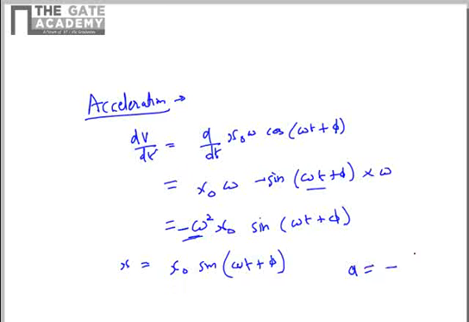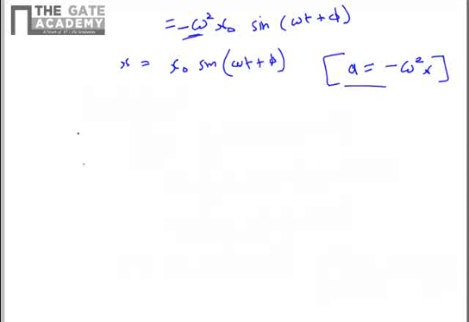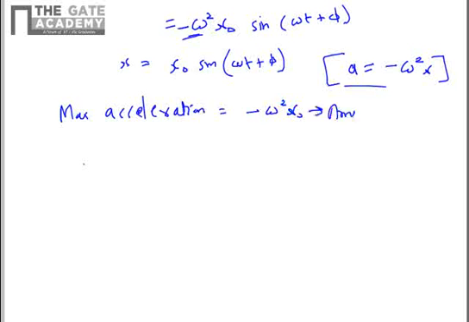Hence acceleration is equal to minus omega square times displacement. This is a property of simple harmonic motion. Now the maximum value of acceleration: the maximum value of the sine expression is 1, so maximum acceleration is equal to omega square x0, where x0 is the amplitude of the vibration of the displacement, and omega is